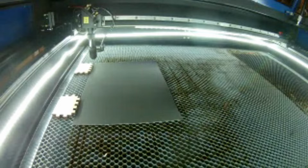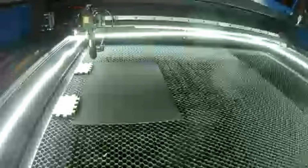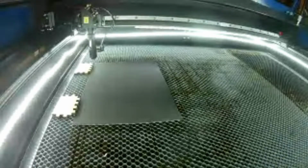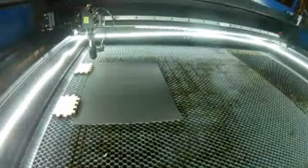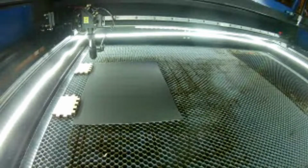All right, I don't have any idea what to do here, so I'm going to go 250, 15, 15. And I think this needs to be a negative image, I believe, too. Let's see here. Yeah, I think that's, is that right? Does it need to be negative? Let's see. I think so. Okay, now somebody help me out here. Do I need to put that in a reverse image? I think I do, don't I? Because it's black or not? Yeah, what the heck? We'll try it. Let's see what it says